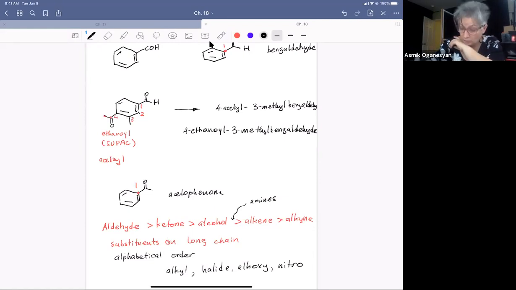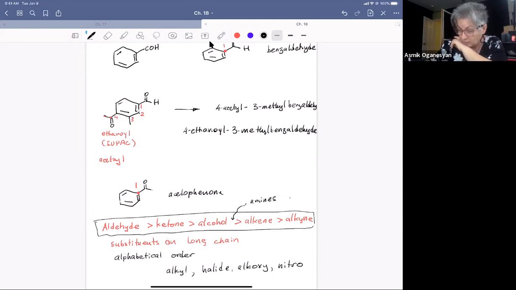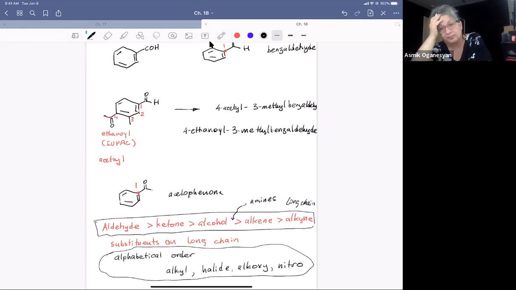Okay, so this is the part of the long chain, depending on which group you have. Everything below is considered a substituent in IUPAC nomenclature. Okay,